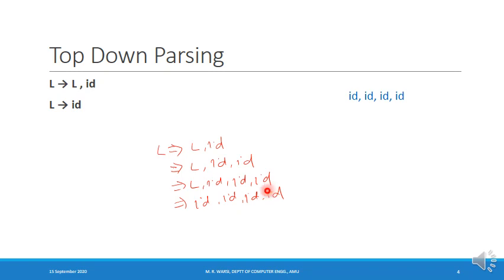And why is this problem arising? This problem is arising because if I look at this production, on the right hand side it is beginning from the same variable which is there on the left hand side. So this grammar is said to be a left recursive grammar. So that is why this problem is arising. If the grammar is left recursive, then the top-down parser faces problems in order to parse the string. So if I want to design the top-down parser, then the grammar should not be left recursive. If the grammar is left recursive, we have to eliminate the left recursion in the grammar.